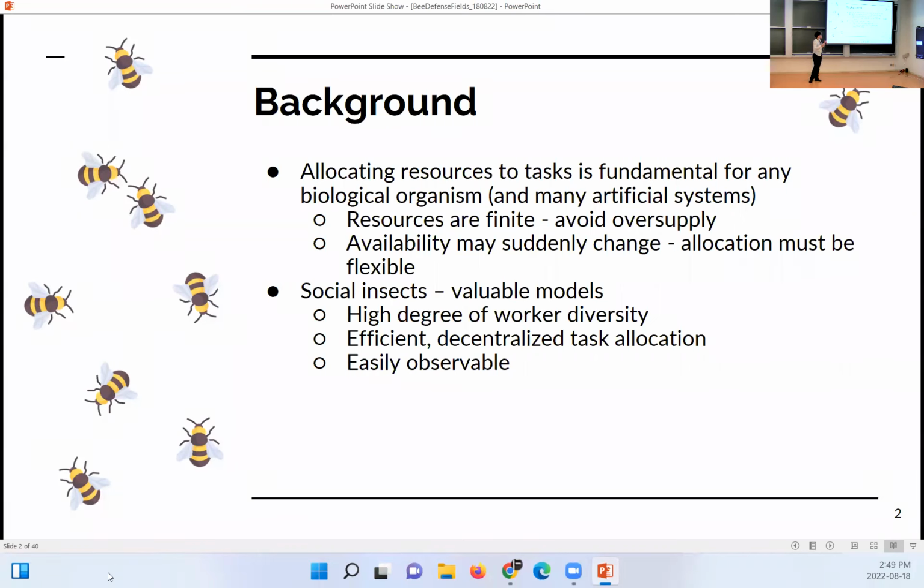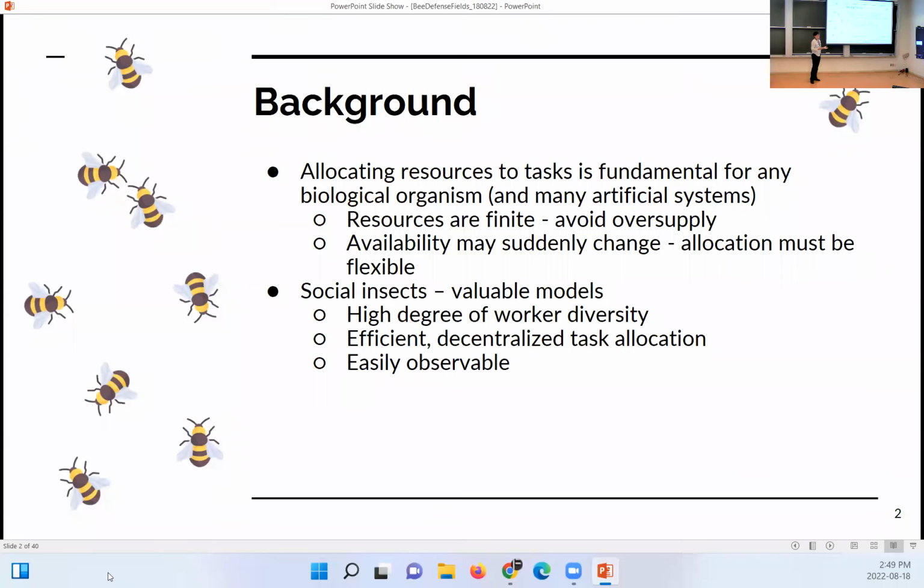They are really good at regulating how they forage when the food is changing over time, when the sources that they forage from are dynamic. And they do this with a high degree of diversity within colonies, so all individuals are different in the colony. They coordinate in an efficient manner without a central control, which is one of the most remarkable things they can do, based on only very simple one-to-one interactions.